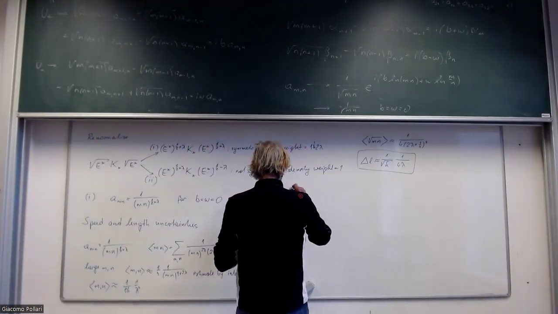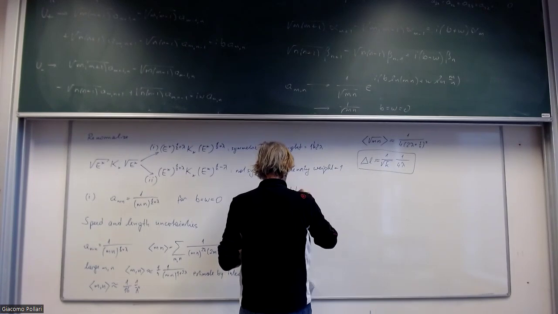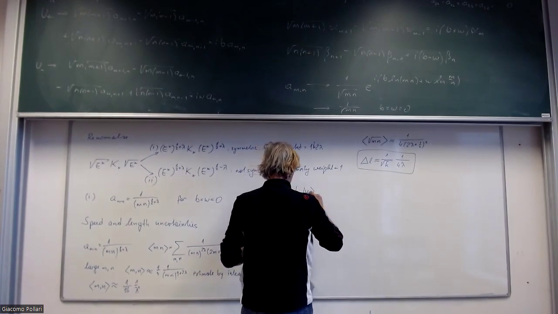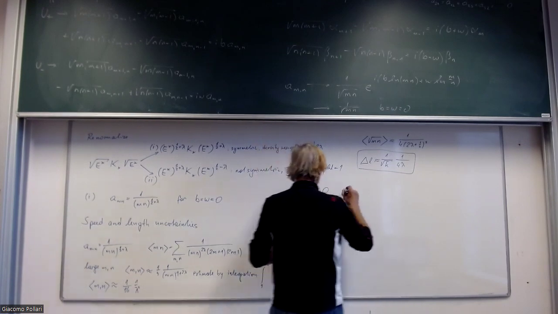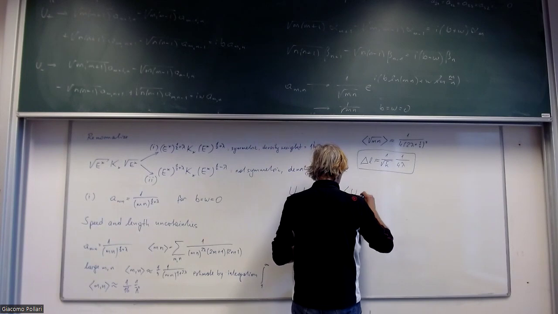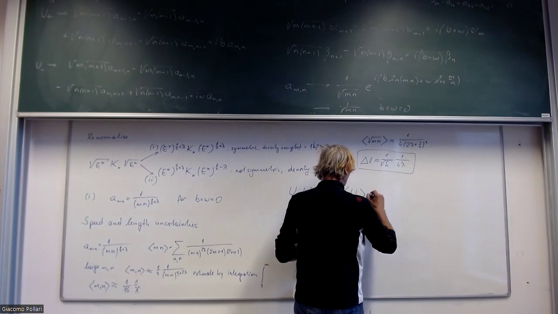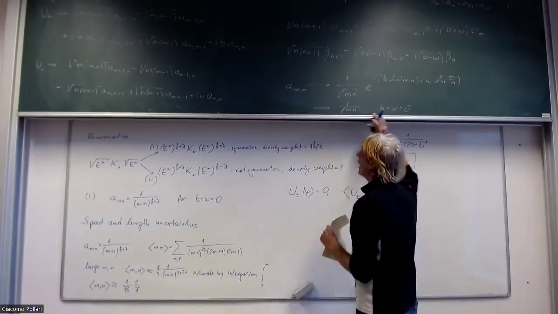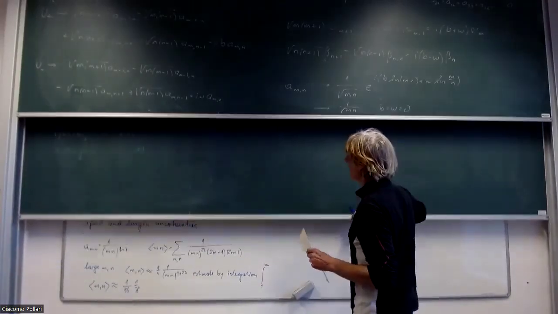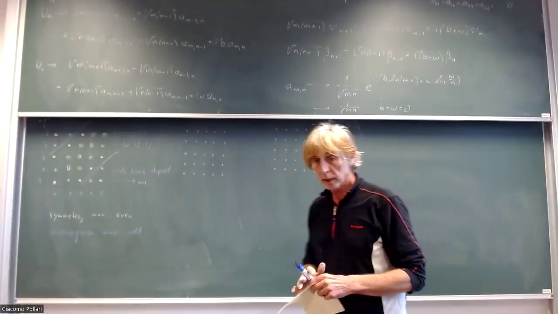We have U plus or minus psi is equal to 0. The expectation value of U plus or minus is equal to 0 because when we have such a state,